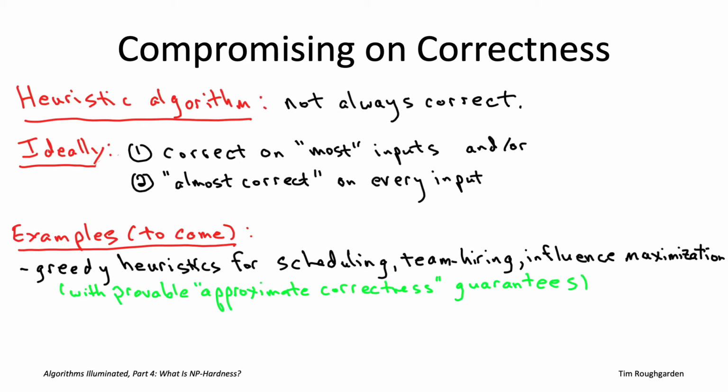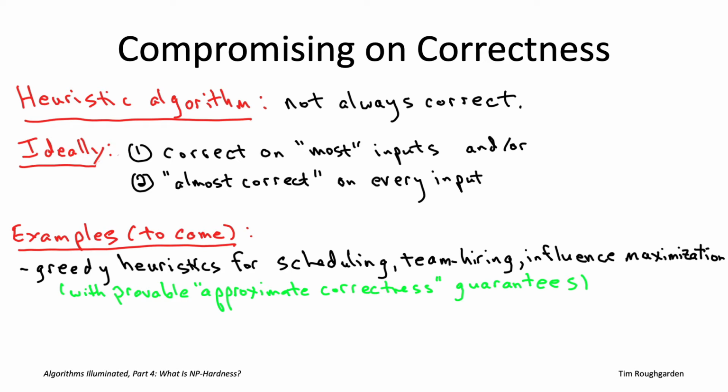I should say that some authors call algorithms of this type, algorithms that guarantee a constant factor within the optimal objective function value, approximation algorithms, and those authors reserve the term heuristic algorithms for algorithms that do not have such provable guarantees. We won't be making that distinction. For us, a heuristic algorithm will be something which is not always correct. It may have a provable guarantee of approximate correctness, or it may not. So those examples are really revisiting a tried and true part of our algorithmic toolbox, greedy algorithms, and repurposing them not for exact algorithms, but for fast heuristic algorithms.